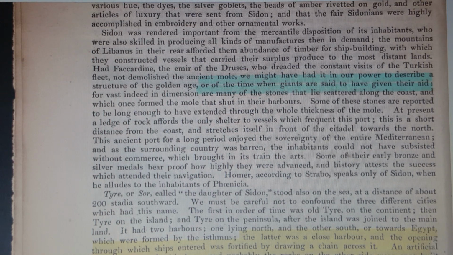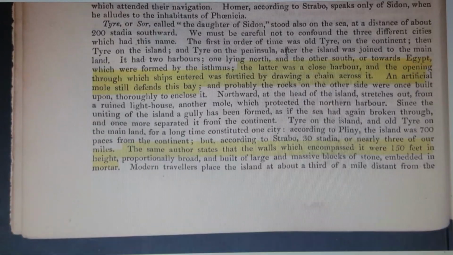Its surrounding country was barren, and the inhabitants could not have subsisted without commerce, which brought in the trade and the arts. Some of the early bronze and silver medals bear proof how highly they were advanced, and history attests to the success which attended their navigation. Homer, according to Strabo, speaks only of Sidon when he alludes to the inhabitants of Phoenicia. Tyre,